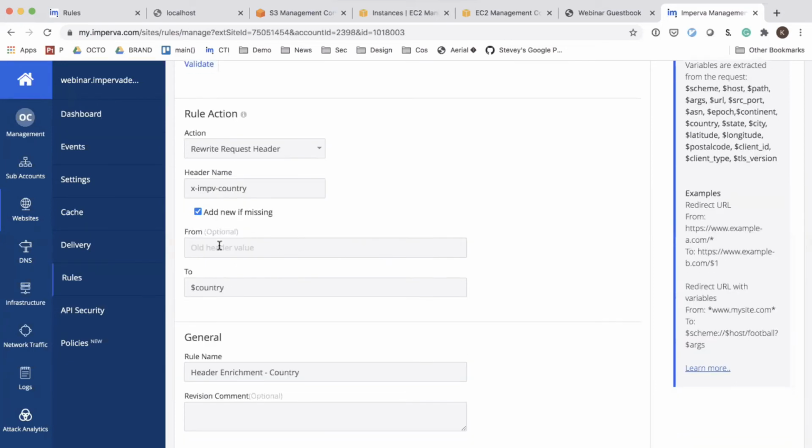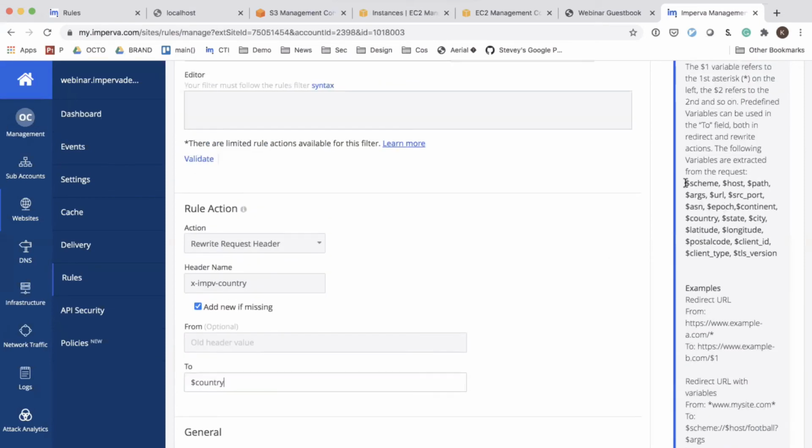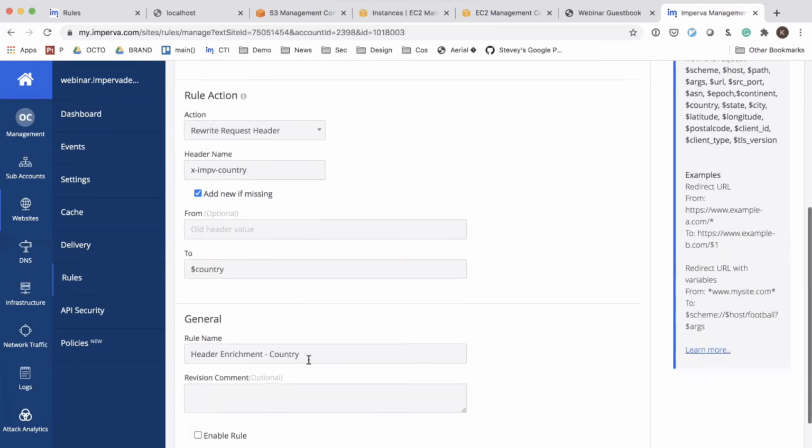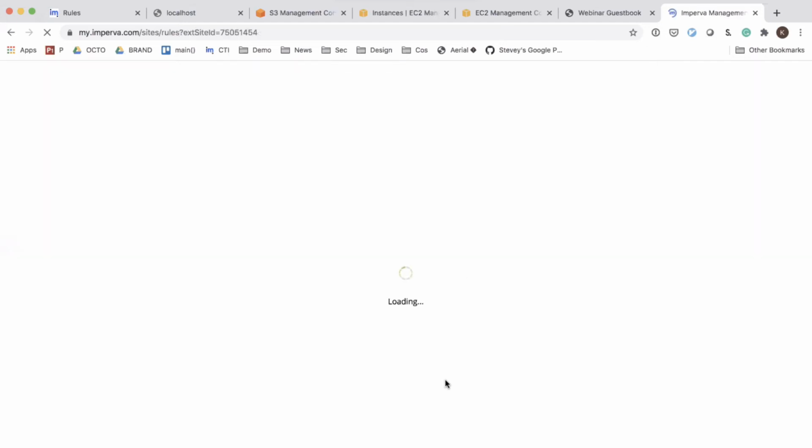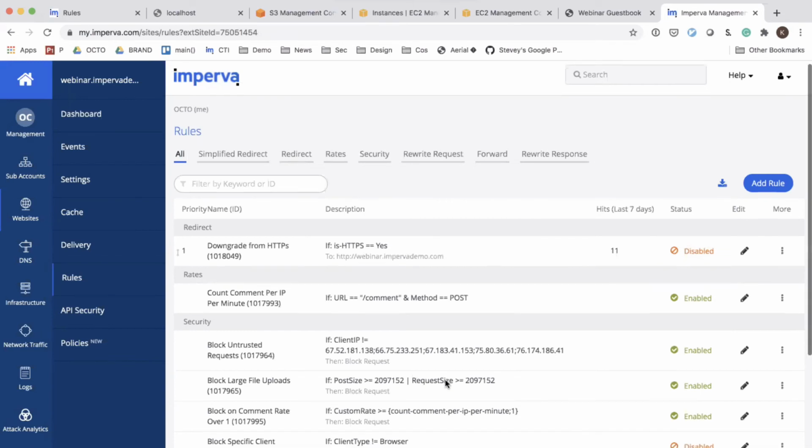And we're going to discard what was there before, and we're going to use what we have as a reserved variable for $.country. So there are reserved variables over here on this side. There's more of these. You can find this in our documentation. But in this case, I just want to grab the country information and put that into the header value over here. I'm just going to go down, enable the rule, let that propagate, and I'll head back into that rule for a second.